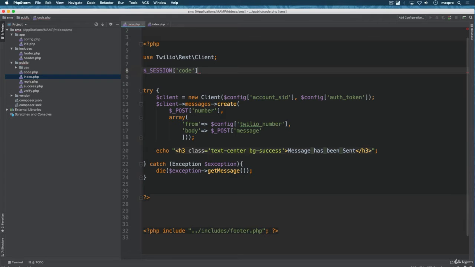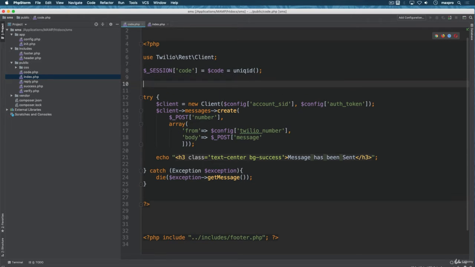Hold on. Let me just cut this. I want to use a function called uniqid. You can pass a whole bunch of different things inside this function, but by itself it's going to produce a unique number. I want to save whatever is there in a session, and I also want to save it in a variable. So I'm just going to do it like that. If you want to see this in action, all you have to do is just echo the code like this,